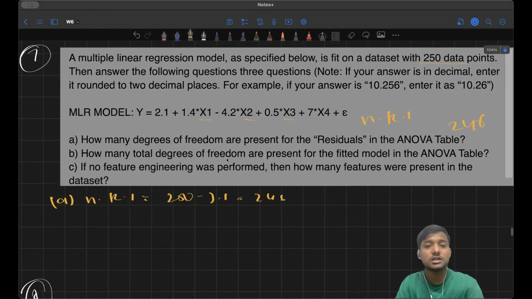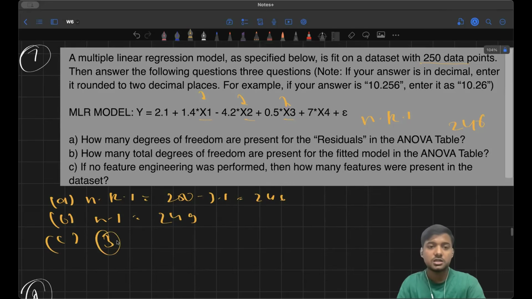Similarly, how many total degrees of freedom are present in the fitted model of the ANOVA table? Total degree of freedom is n minus 1, which is again 249. C. If no feature engineering was performed, how many features were present in the dataset? Now, they are not asking how many columns, they are asking how many features. Features are these things only, x1, x2, x3. So it is going to be 3,